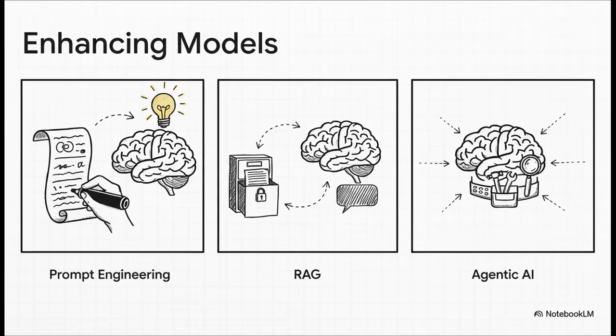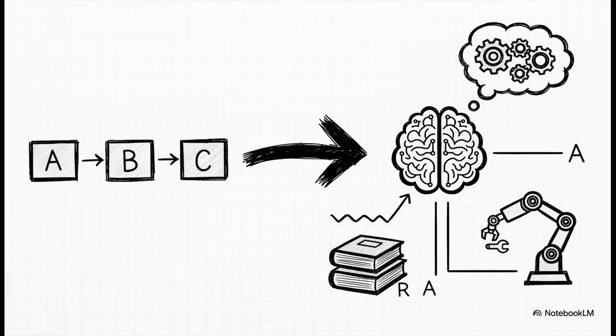And then you have agentic AI, which is all about giving these models tools so they can take actions for you, like booking a flight or scraping a website. It's incredible. And that right there is the whole point of the builder layer. It's what transforms a model that's fundamentally just a very fancy next word predictor into a genuine problem-solving system. A system that can reason, use your data, and take action in the world.